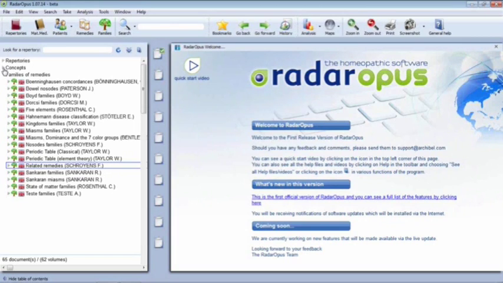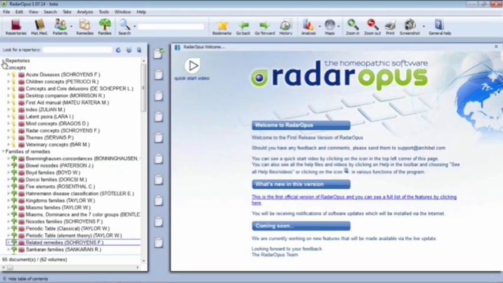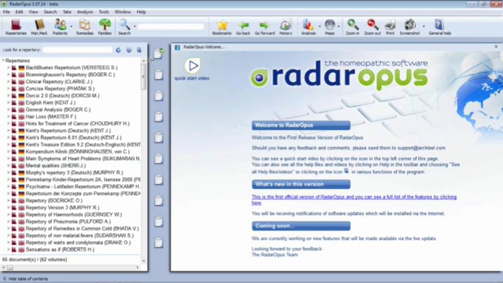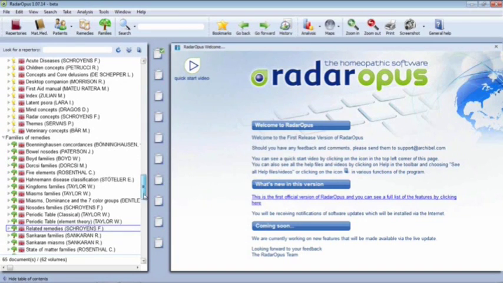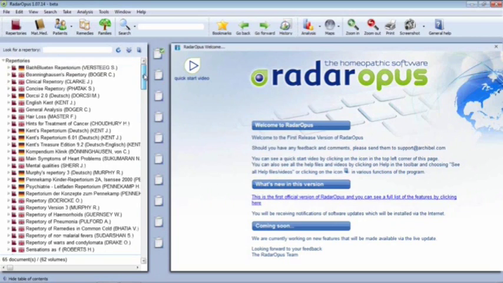So let's just open concepts back up by clicking the arrow, and I'll open repertories back up by clicking that arrow. So you can see down here I've got my whole list, but if you want to focus on a particular section, you can look at the section that you want to deal with. The other way to find a particular book that you want to deal with is just by typing its name. So across the top here you can see it says look for a repertory. Say I want to look for something by Boriki's repertory. I could just start typing in Boriki,